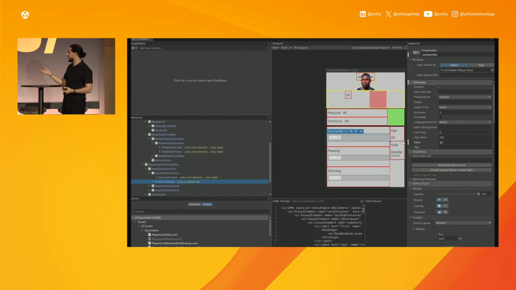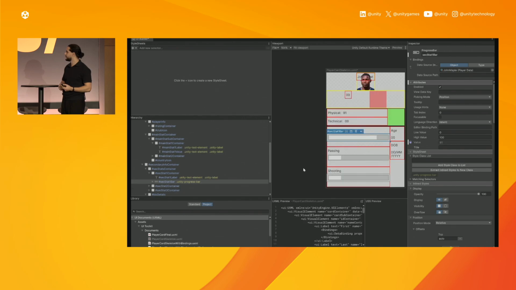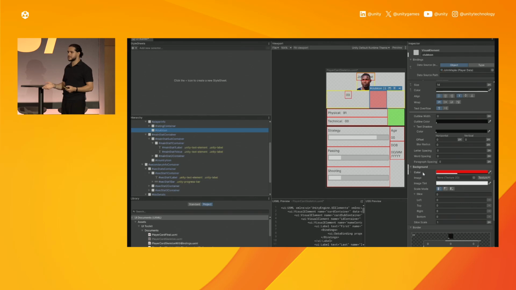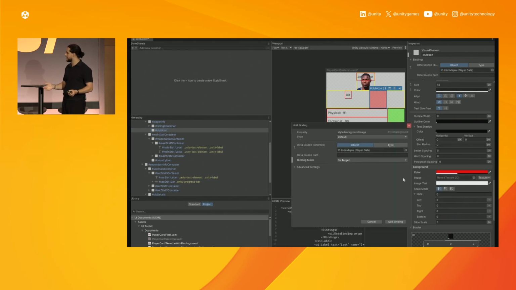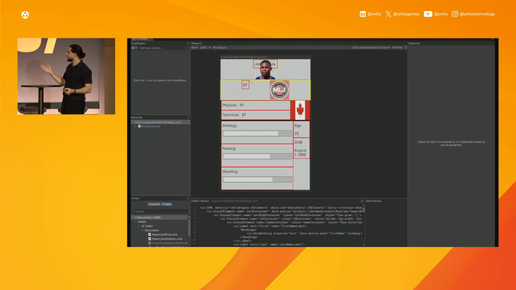You can also bind to other UXML attributes, such as the value here. So we need to find the value for our strategy skill, which is in our player data source. And finally, you can also access deeper data sources within the ones that you already have. So for example, here, we're going to find our club within our player data source. And then we're going to target that club's icon to set the binding. So if you do this correctly, at the end, you'll have a very ugly but functional prototype with complete data binding. As you can see here,